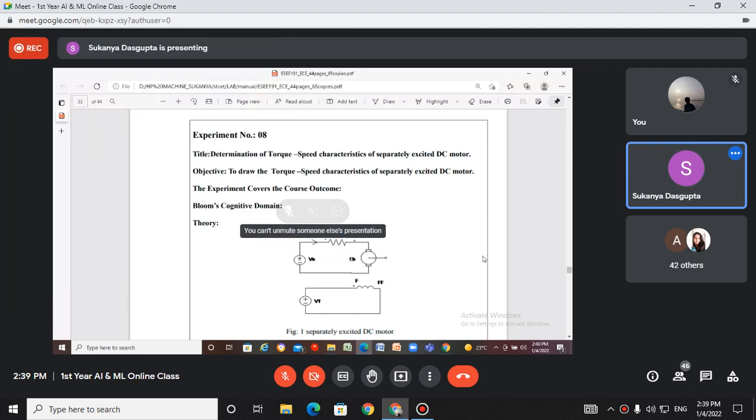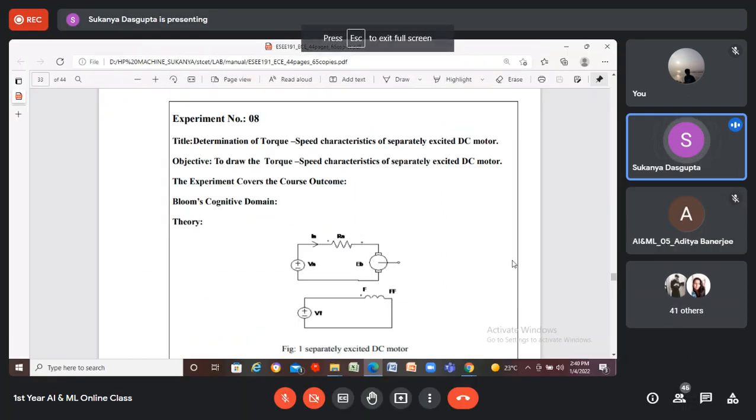Fleming's either the left hand rule or the right hand rule. If it is a DC generator, then it will rotate based on Fleming's right hand rule. If it is a DC motor, then it will operate based on Fleming's left hand rule. And